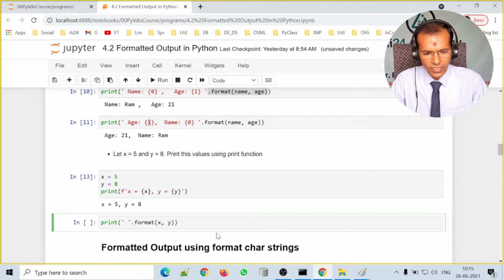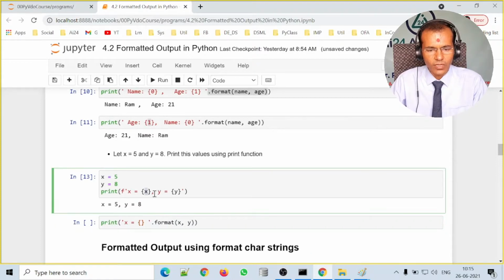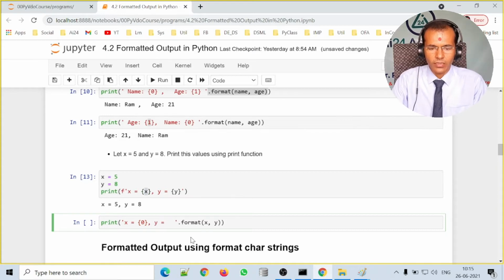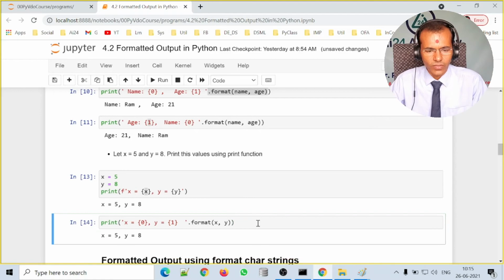So we need x equal to, and in curly brackets, instead of writing the variable, we can specify the position 0. Then a comma, and then the second variable name, then the equal sign, then curly brackets and 1. So 1 is the position of y, 0 is the position of x, and now let us print the values. We are getting the same output.